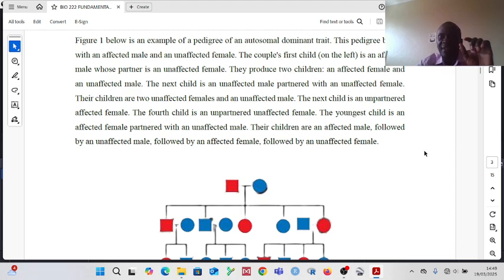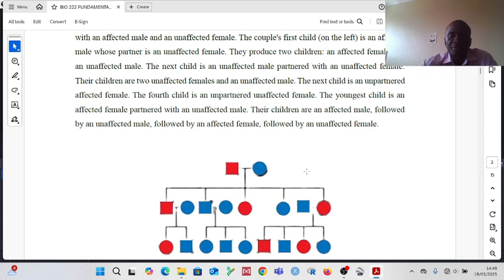So it means the first couple for this pedigree was between a male who is affected and a female who is not affected. Then now these two, this original couple, they had children. That's why now they are joined with a vertical line. Then these children come in now in the second row. Lakini in the second row you realize the vertical line yenye inatoka kwa the first couple ikiteremka chini